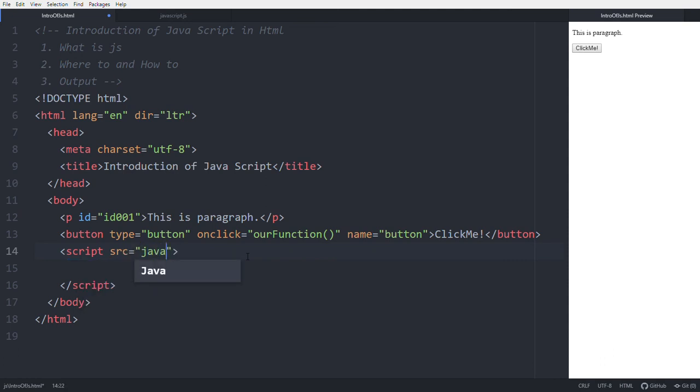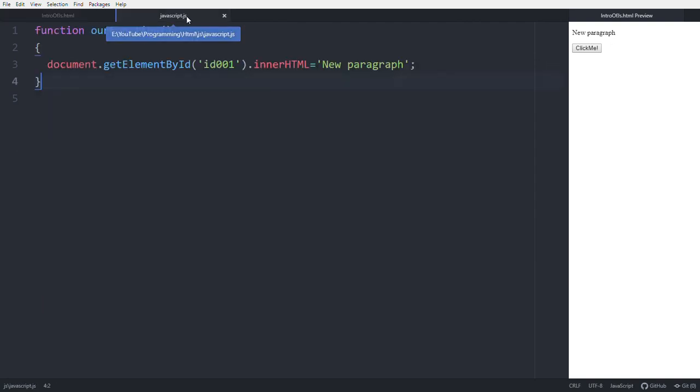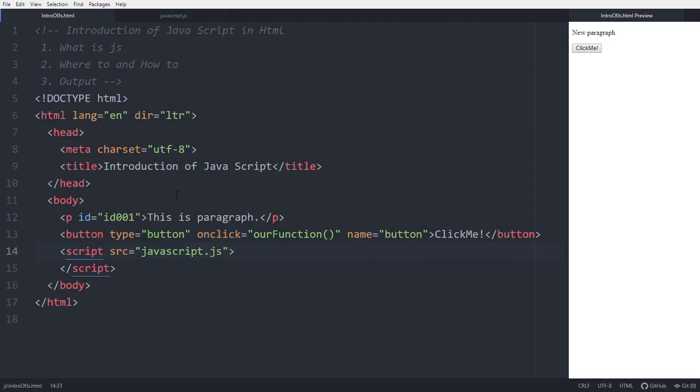Source javascript.js. See, click it. This is also working. New paragraph means this JS file is linked with the HTML file. That's why this paragraph changed to new paragraph.